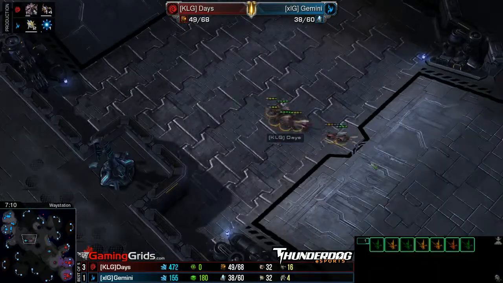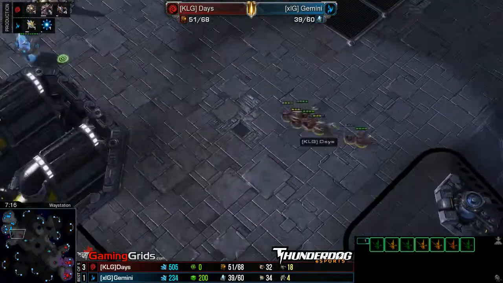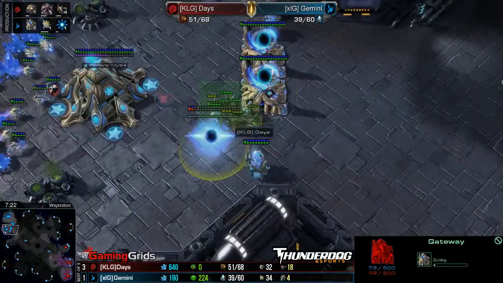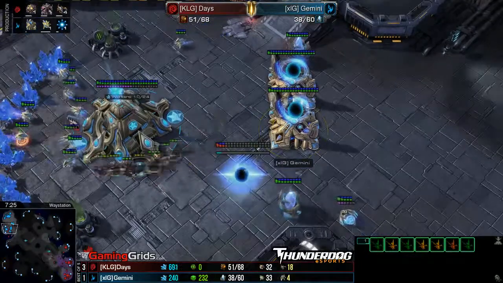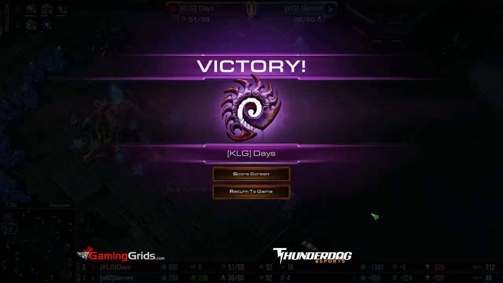And Daze has been in GM for a long time. I believe somebody in chat said that he is a 4-time GM player and current GM, whereas Gemini is, and missing the block. Oh, and the center was out. Oh, wow. And BM coming out from Gemini saying, So a little bit